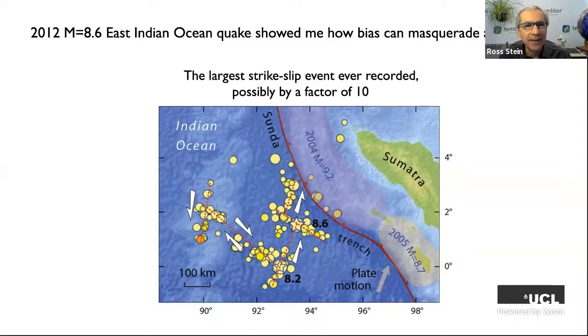So here it is. In 2012, the largest strike-slip earthquake ever recorded, maybe by a factor of 10, occurred in the Indian Ocean. It looks like a traffic accident, not a typical strike-slip earthquake. This is nobody's idea of a magnitude 8.6 strike-slip earthquake, but there it is. And immediately, earthquakes started to occur around the world. And I looked at those, and I looked at the preceding rate and decided, this is just a mirage. These aren't really global aftershocks.